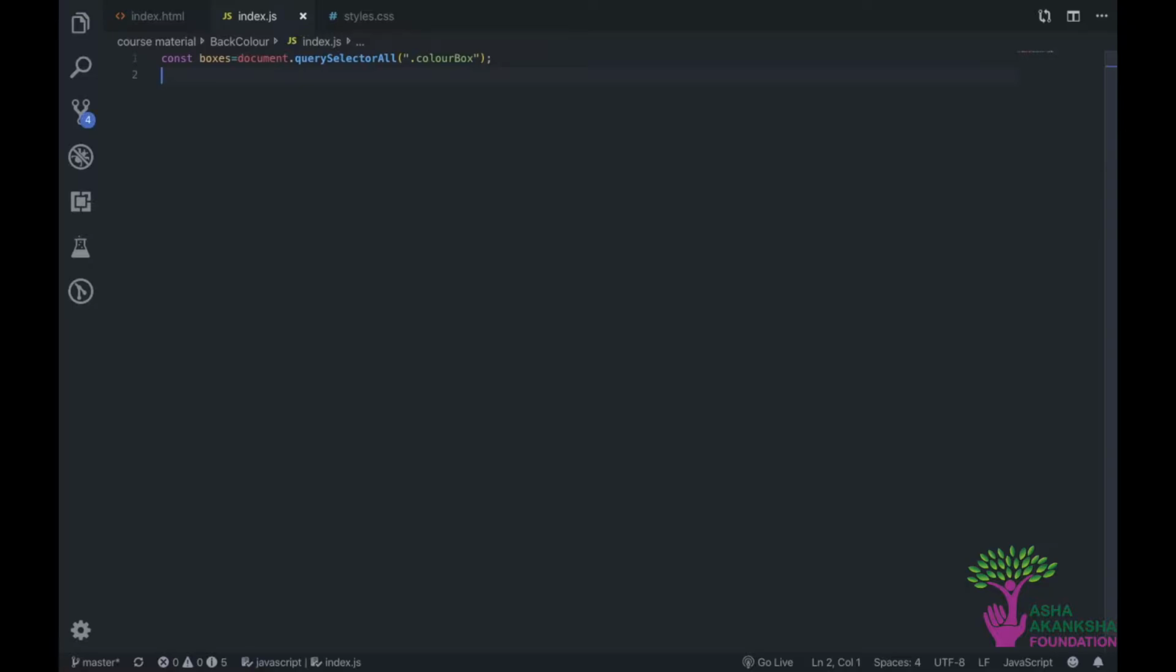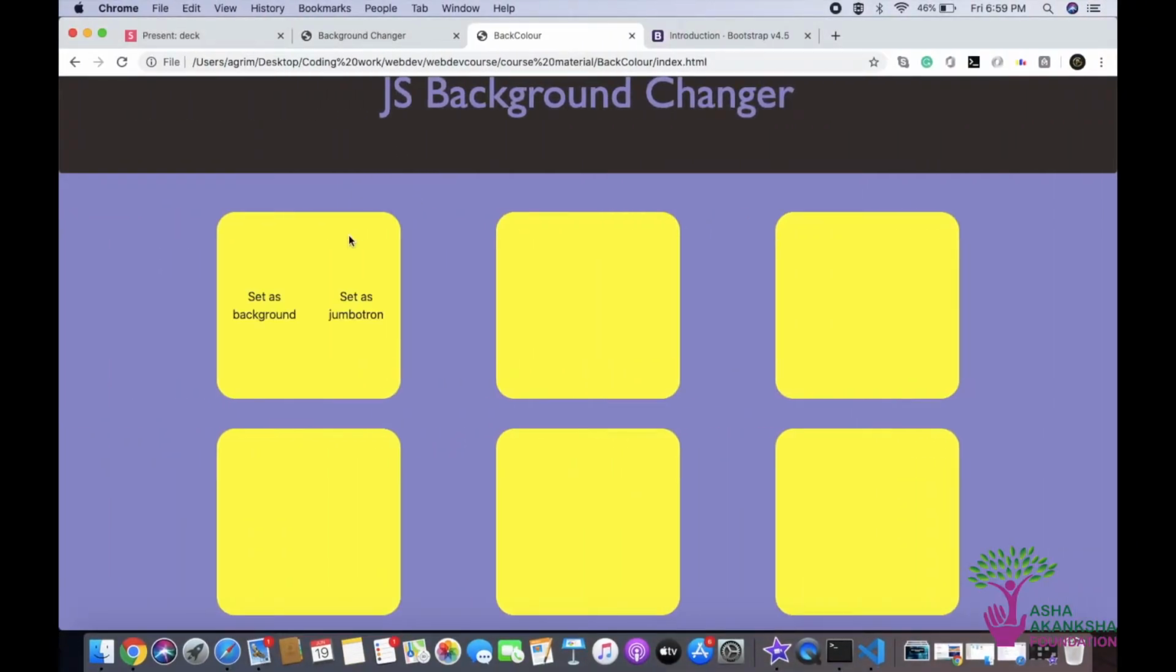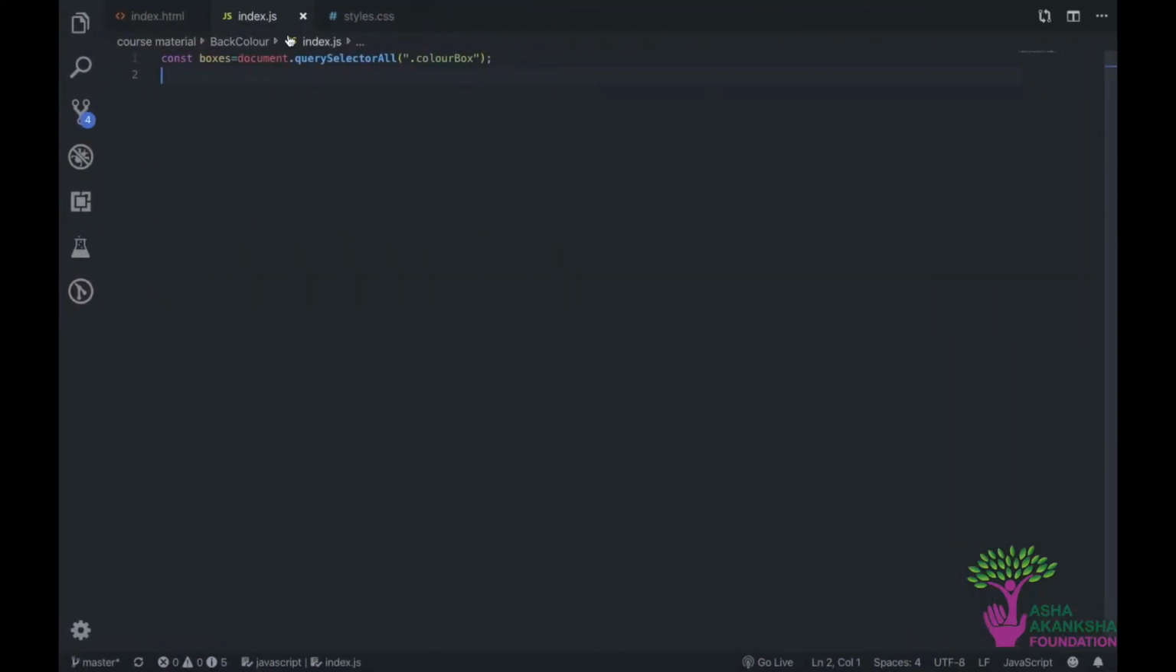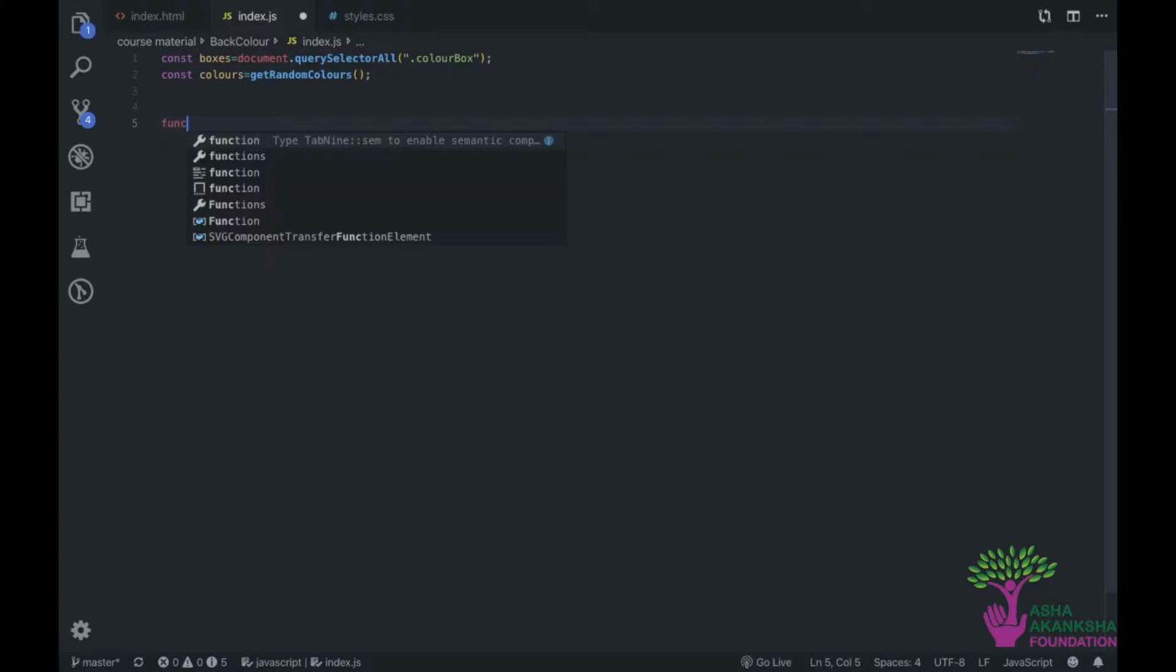Next is our colors array, right? So now we need the colors which we need to fill into this, right? So we are going to generate those random colors inside the JavaScript only, and I'll do it in a function, and I'll get it in an array named colors, right? And I'll do that in a function named getRandomColors, which we haven't made yet, but we can make now, right? So I can do function getRandomColors,